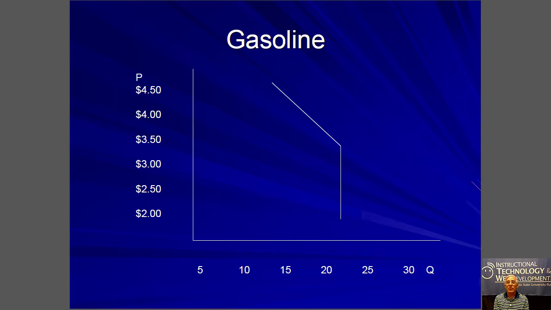Let's try another one. If we go back about 7 years ago, remember when gasoline was going up about 20 cents a day? I think it had risen to about $3.50, $4.50 a gallon. The quantity on the horizontal axis doesn't mean much. The question is, did anybody change their gasoline purchases or their driving habits as the price of gas went up? When I asked most of my classes this, they said when the price went from $1.90 to $2, we didn't change anything. $2.50, we didn't change anything. $3, $3.25. What most classes tell me is when the price of gas about 7 years ago got to $3.50 a gallon,